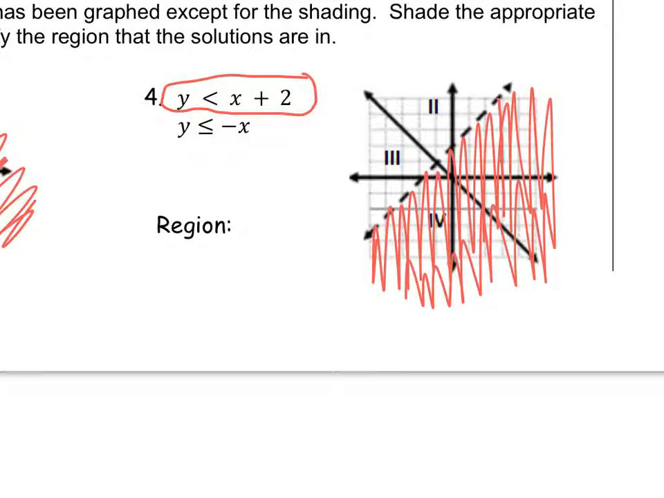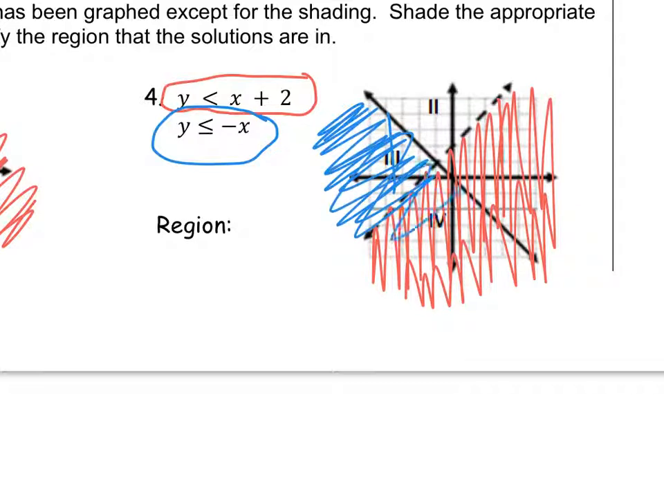Okay, my second line is going to be my solid line. It's also an L, so a less than. So on my solid line, I'm going to put my pencil, and draw a line straight down. That tells me that that's the side of this line that I'm going to be shading. So I just go ahead and start shading it. And it looks like region 4 is the region